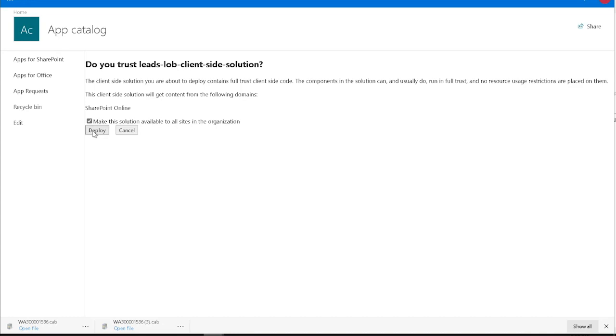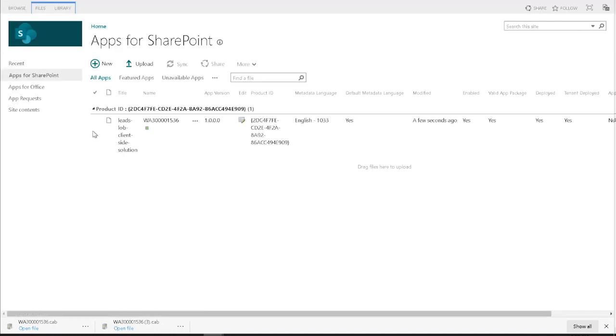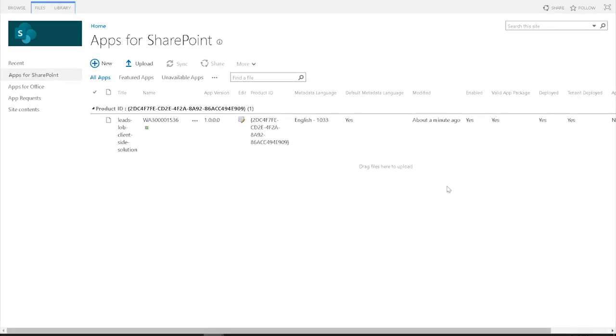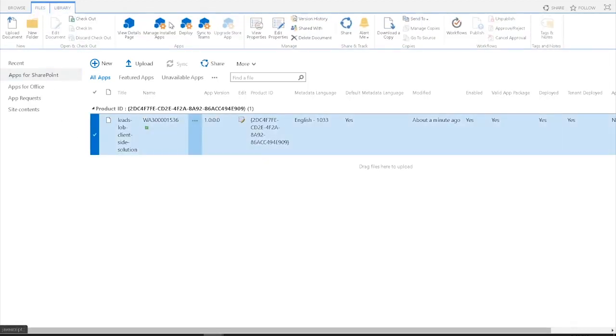And once I click deploy, the information gets added to the app catalog. And I go back to the app catalog, and voila, I have exactly the same kind of experience that I had before when I was installing the application from the enterprise catalog. Now, this is a solution that is available both for SharePoint and Teams. So to make that available in Teams as well, I select the solution, go to Files, click on Sync to Teams,